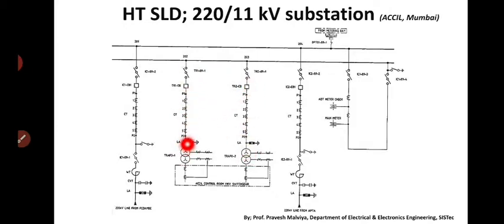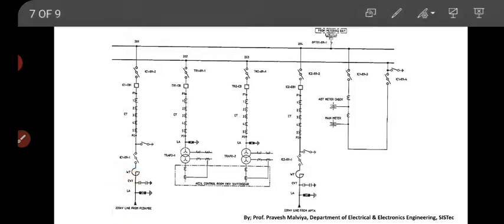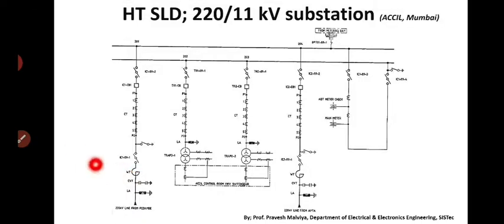Okay, so this parallel operation supplies power to that 11 kV substation. So again, let's watch the flow of this substation. There's a 220 kV line coming from Pedambe substation, and the flow of electrical energy at 220 kV is like this. The power is being transferred, and there's a metering section.